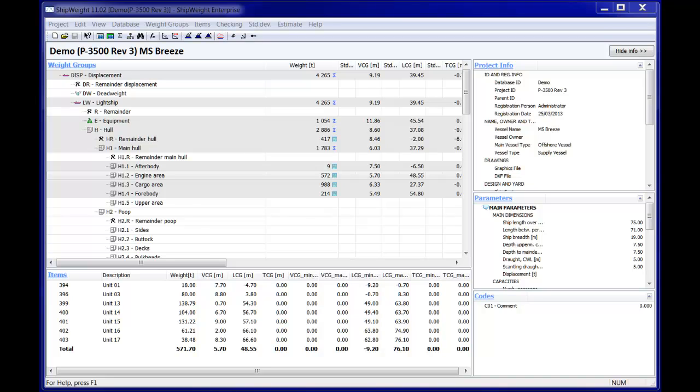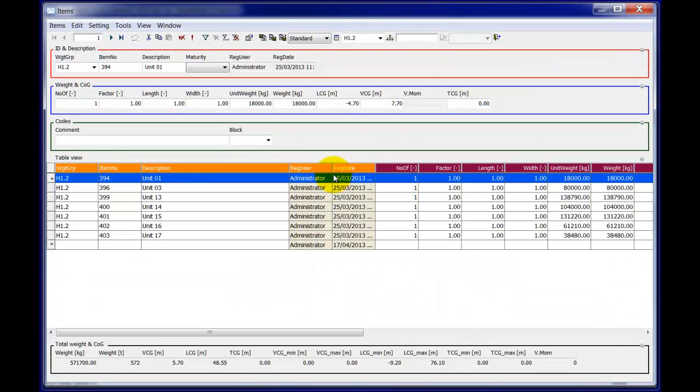This video will show how to sort, filter, and do some multiple changes to items in the item dialog. I start by opening up my item dialog, and as usual it will open up from whatever weight group I've selected in my main window, and then I want to load all items as a starting point into this item dialog,